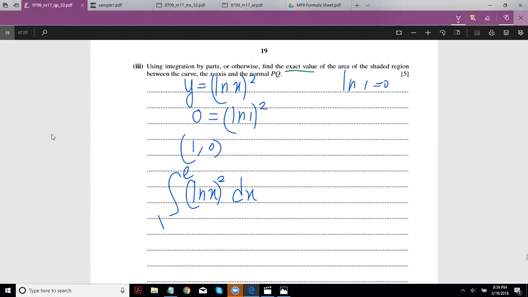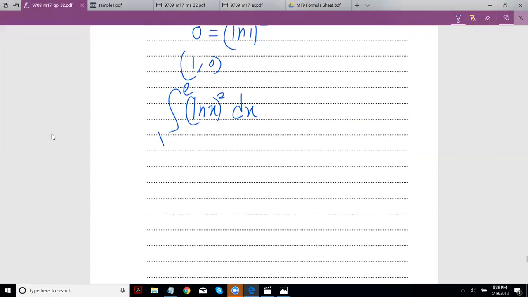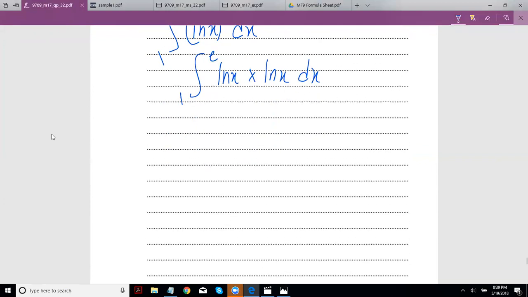Okay, so now normally you figure out which you have to keep as u and which as v. Here, you can look at this in this form: you have ln x multiplying with ln x. Normally that's how you used to have it in by parts. It was kind of like your product rule for integration. Here, incidentally, both the first bit and the second bit are the same,